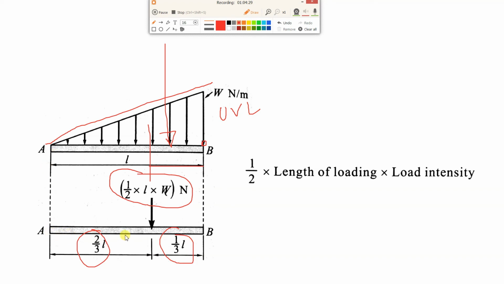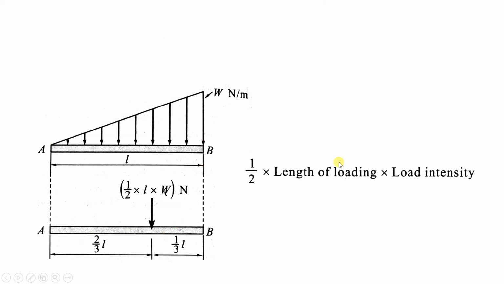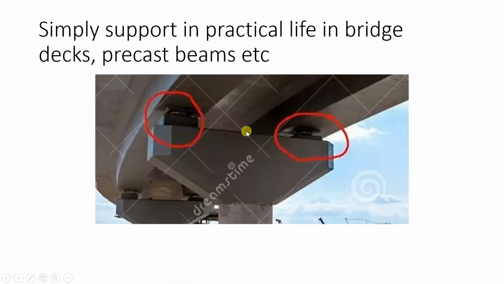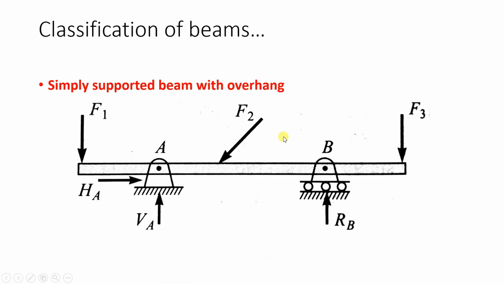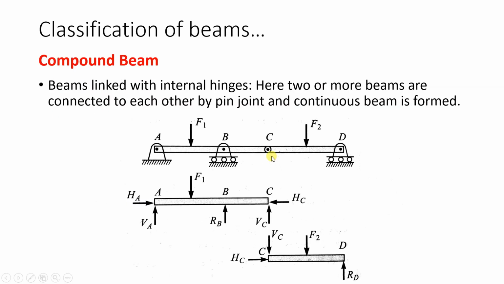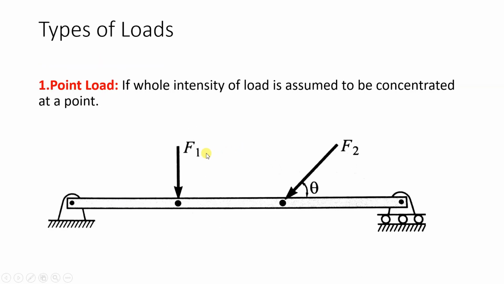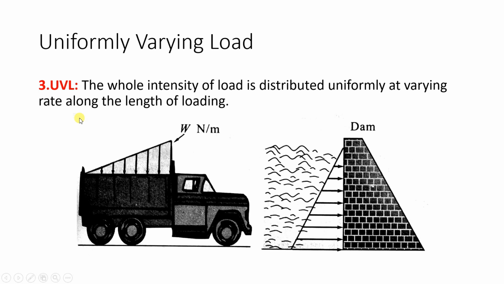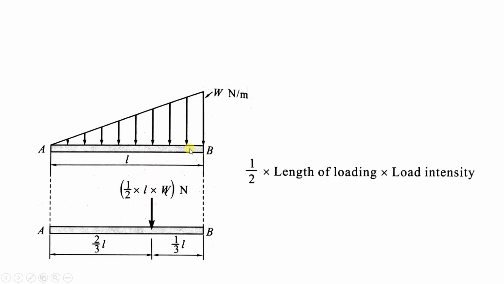So we will stop over here. In the next lecture, we will be solving numericals on beams, where we have to use the concept of types of beams. What are the types? Simply supported, then cantilever beam. Then we will see different types of loading: point load, next UDL, and last one UVL. Based on this, we have to solve numericals on equilibrium in the next lecture.